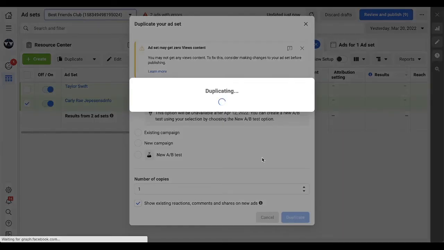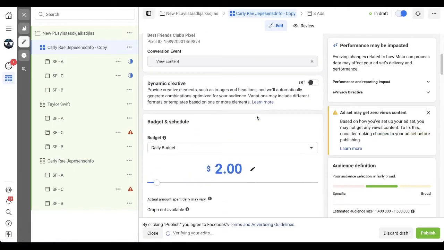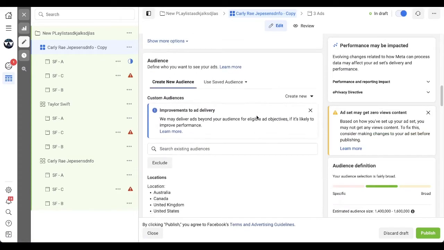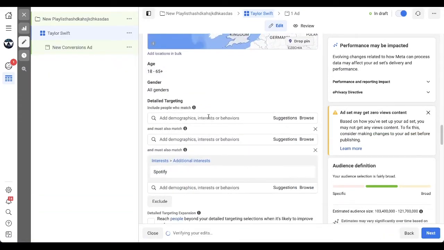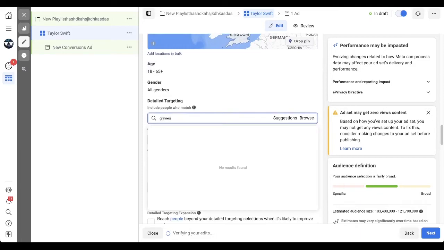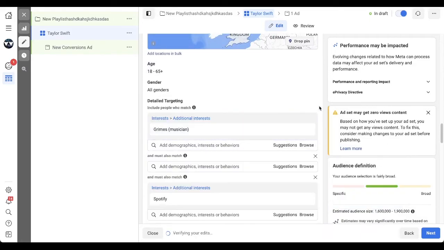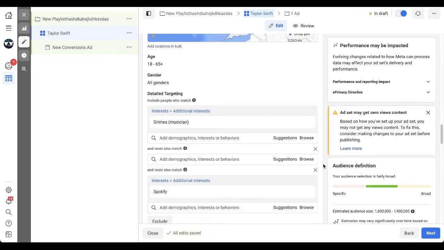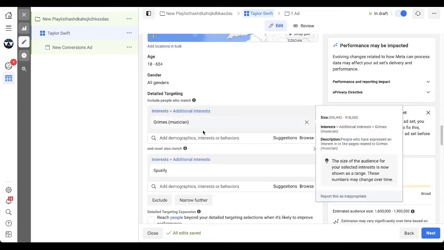Another example that I do want to show you real quick is kind of following that same line of thinking with that suggestions button that I was talking about. So then we'll go into here and we'll type in Grimes, and what we have now is Grimes narrowed down by Spotify. Now, say for example this was under 500,000, and you needed to kind of beef those numbers up. What you could do is remove the "and also match" here like that, so it's just these two, Grimes narrowed